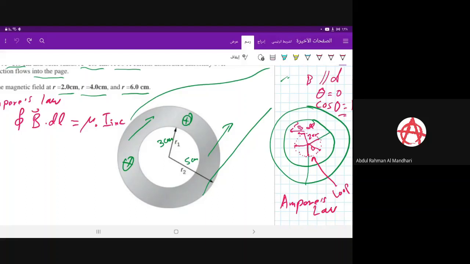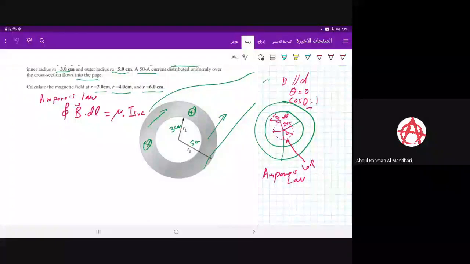What is the current first, and what is the direction of that current? Because that's very important for us. Do we have only one cable, two cables, or three cables, and what is the direction of the current in these cables? So from the question, we have been asked first of all to find the magnetic field B